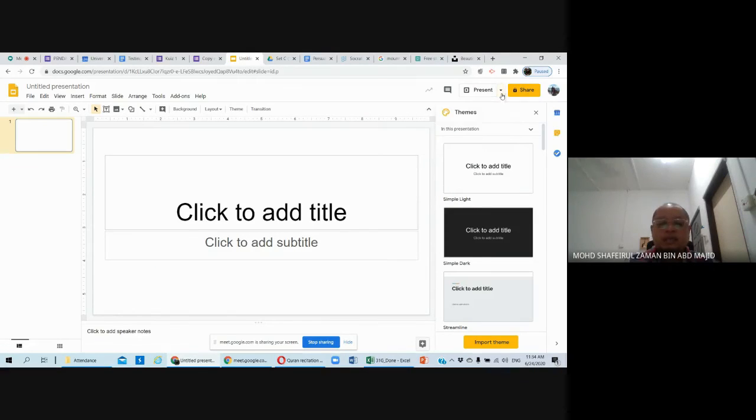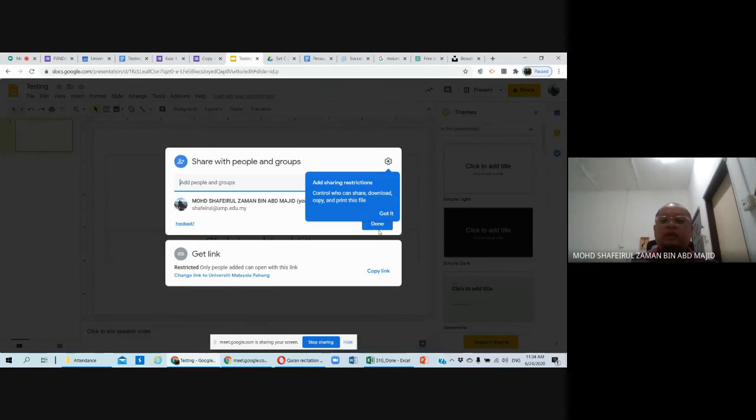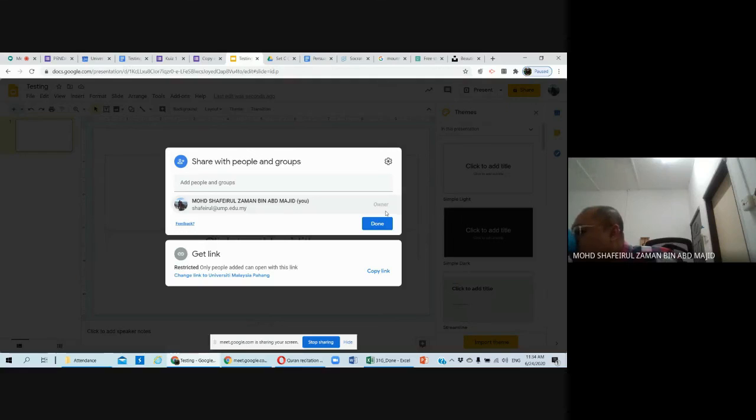Right, and then you can click the share button here. All right, let's say testing. Click save. Right, so the layout will be similar to Google Docs, Google Form, and Google Slides. So the three apps over here share almost the same features, except that this one is for presentations. Excuse me for a while. Okay, you can invite collaborators to collaborate with you,